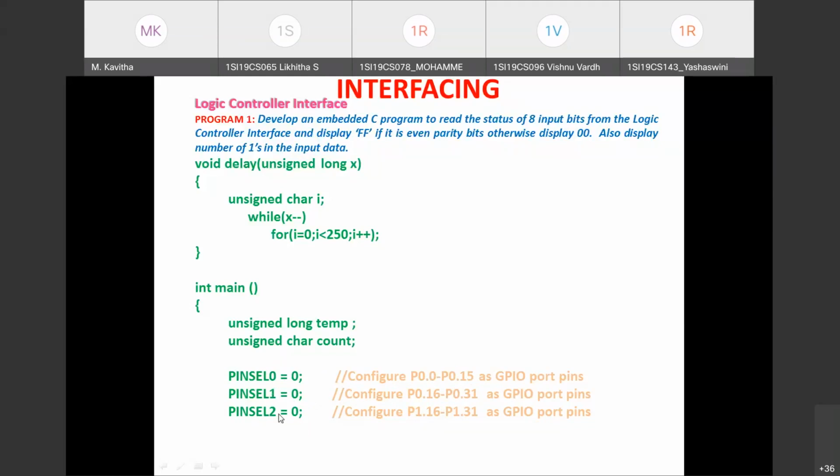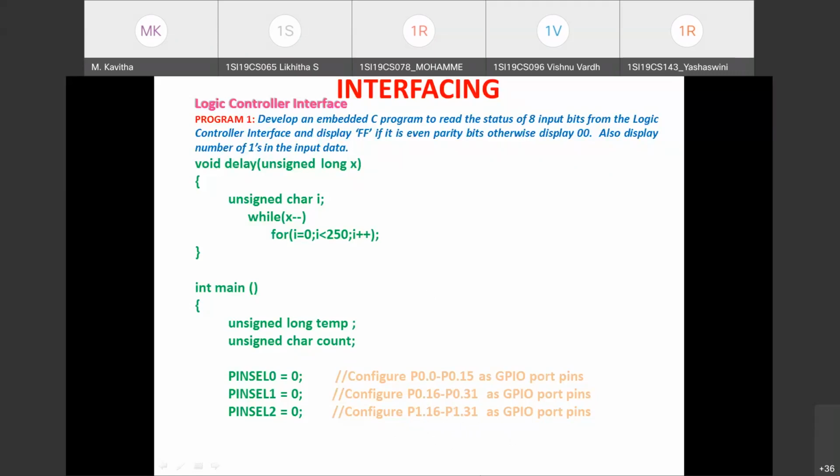When pin select 2 equals 0, we configure port 1.16 to port 1.31 as GPIO port pins. Out of which, the pins we are using as output port pins are port 1.16 to port 1.23. Only these 8 pins are used as output port pins for the logic controller.